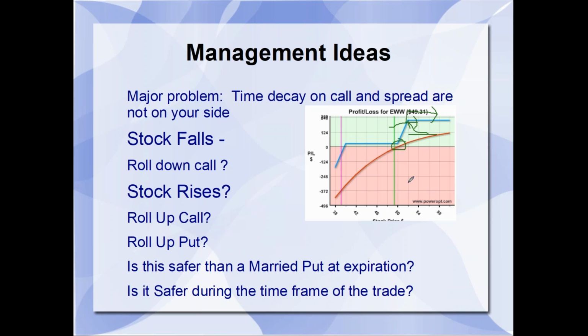You may have to go further out in time. Oh, I'm sorry, you're already at the 470. So if you go up, what happens? You're going to have to roll for a debit because this is the furthest out you can go, and that's going to lower the upside return as well. You could move the bear put spread up or just move the long up as the stock's rising.